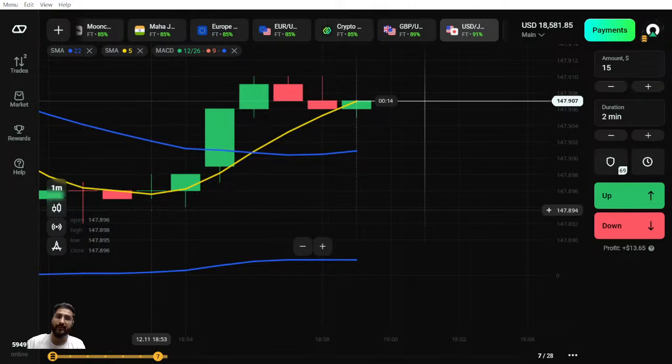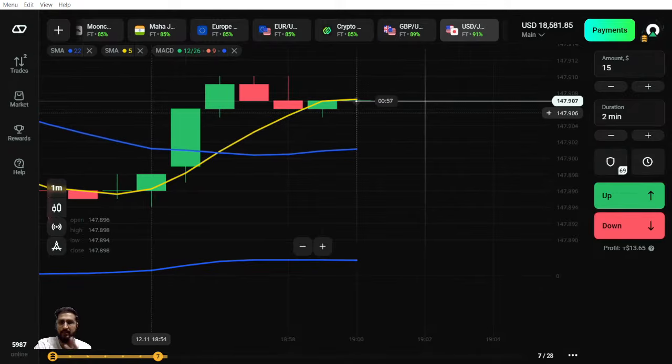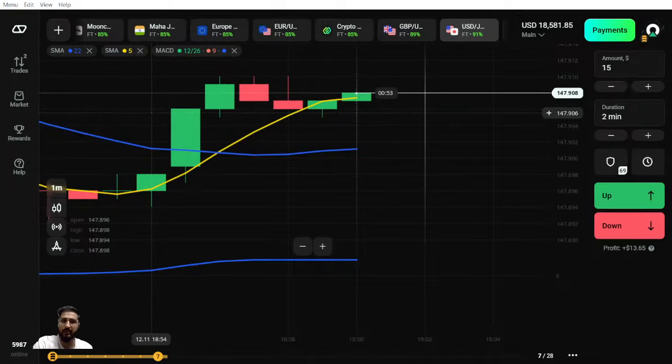So try to avoid taking trades on a very short duration. Once you start getting a hold on the market, then of course you can do that. But until and unless you are quite new, I'll request you to avoid it. And again, coming back to your question, it's not that there are some specific technicals or specific assets you need to pick. Just make sure that there is proper movement, or a proper trend, in the market. It should not be a consolidation market.